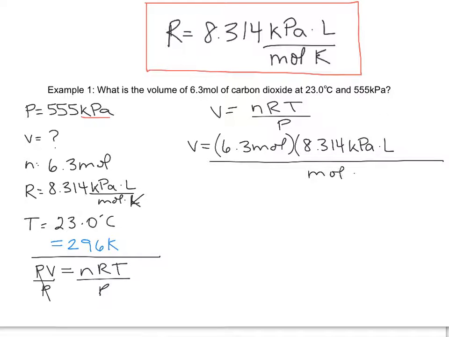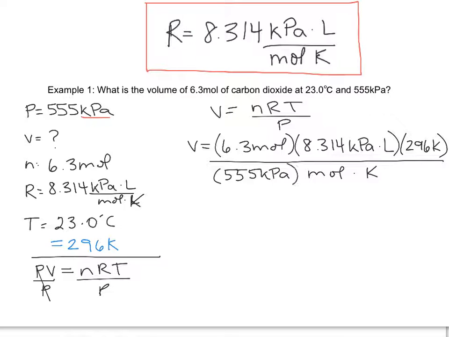So I'm going to hang those guys out down here so that it's already organized. And then I have my temperature as 296 Kelvin here. Okay, and then pressure on the bottom is 555